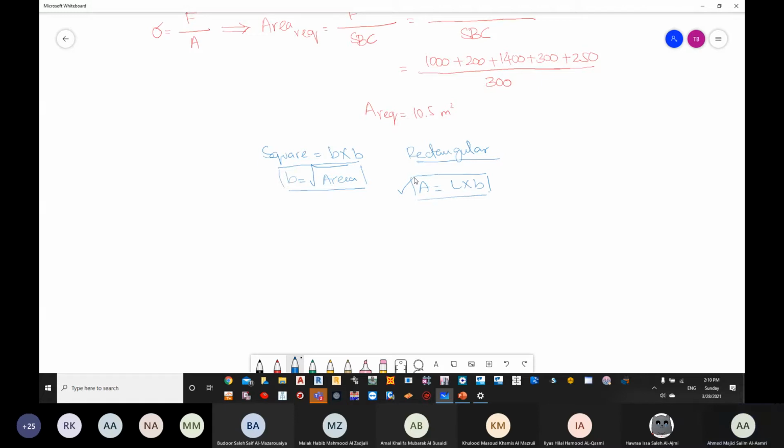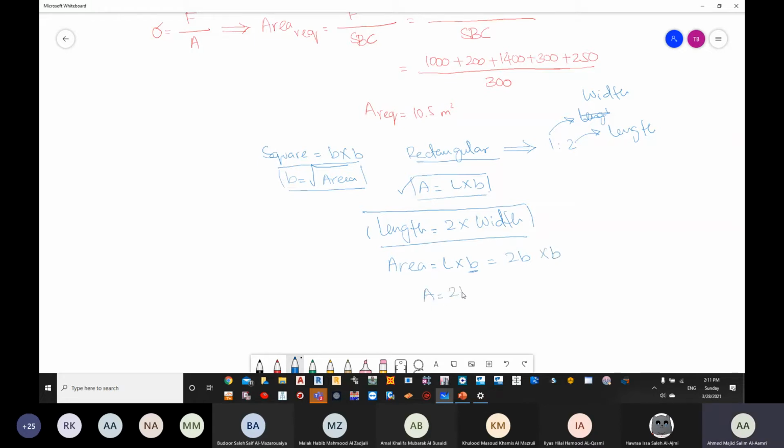So in this case, if the dimension is not given, and you don't have a rectangular column, what you need to do is use a 1:2 ratio, where 1 is going to be your width and 2 times is going to be your length. Once again, my length is considered as 2 times my width, which can be written as area equals L into B, where L is equal to 2 times B, multiplied by B. So my area is equal to 2B square,